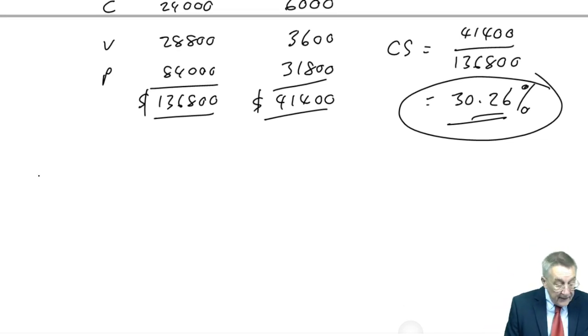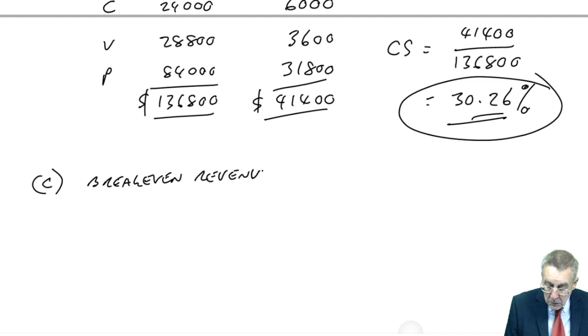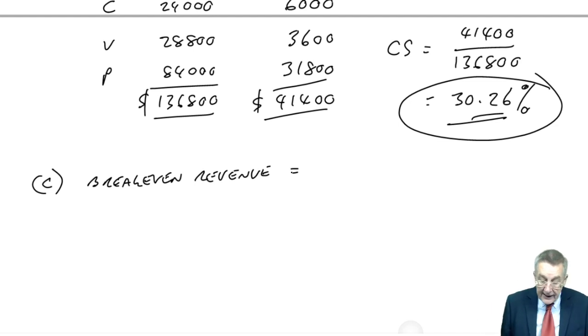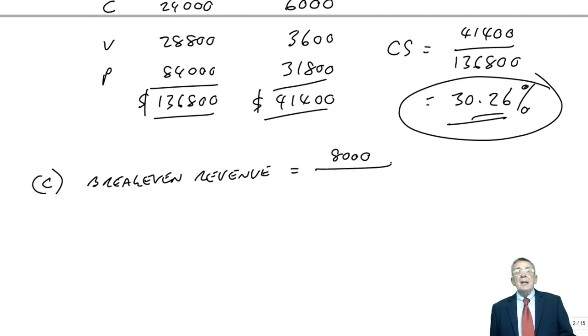And therefore, to get break-even revenue, we can use the normal rule, which I went through in the previous chapter. To break even, we need total contribution to be equal to fixed overheads. So the fixed overheads here are 8,000. That's the contribution we need. And since the contribution is going to be 30.26% of the revenue,